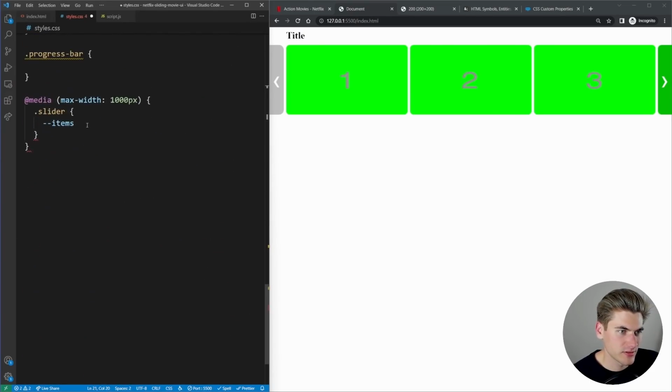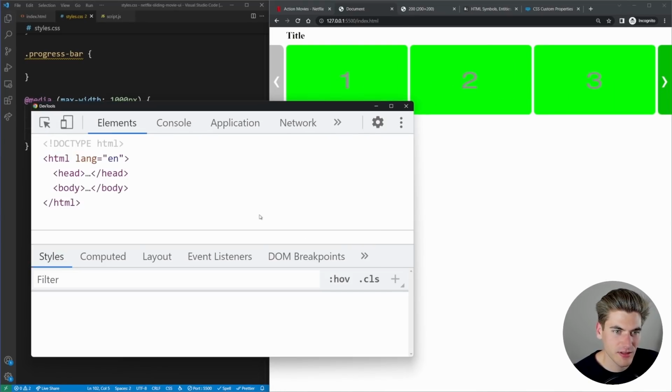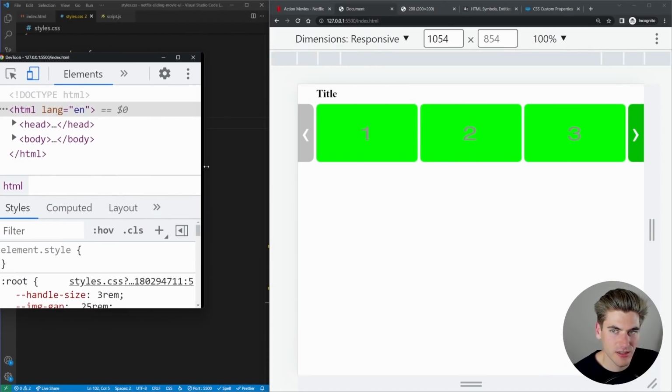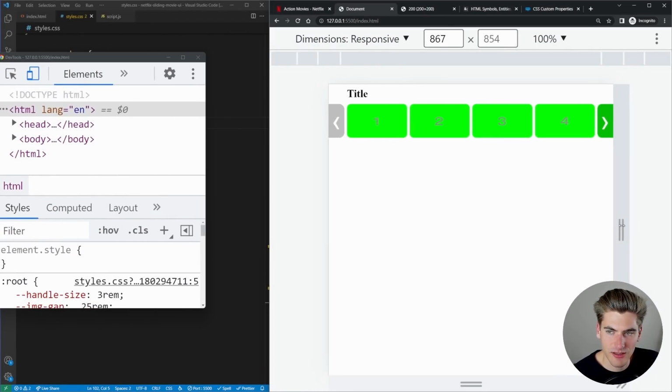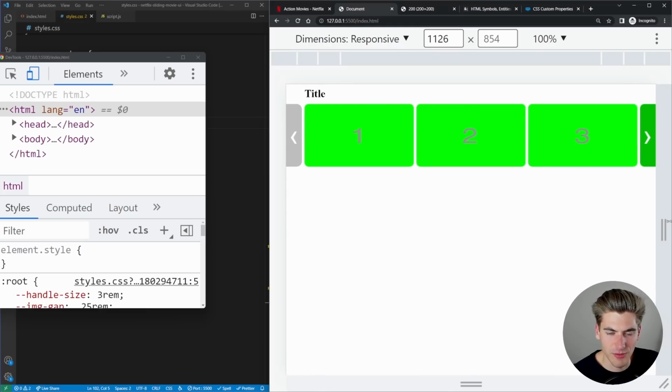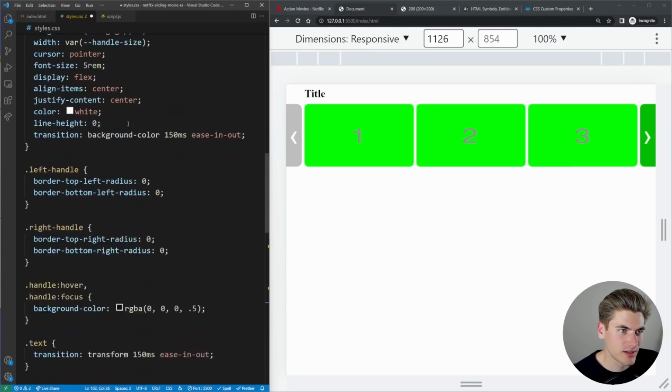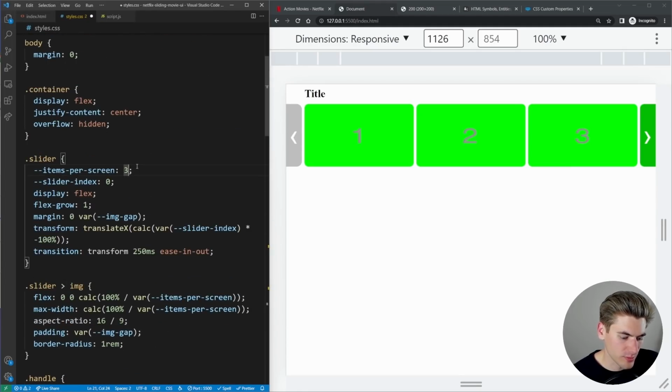items per screen. So we can take our items per screen and, for example, change it to 4 here. Now if we inspect this, go into this mode, and minimize that down, as we change our screen size to be smaller, you can see there are 4 items, and when it's larger, it's 3. Obviously, we would want to flip this. So this would be 3, and up here, this value would be 4.